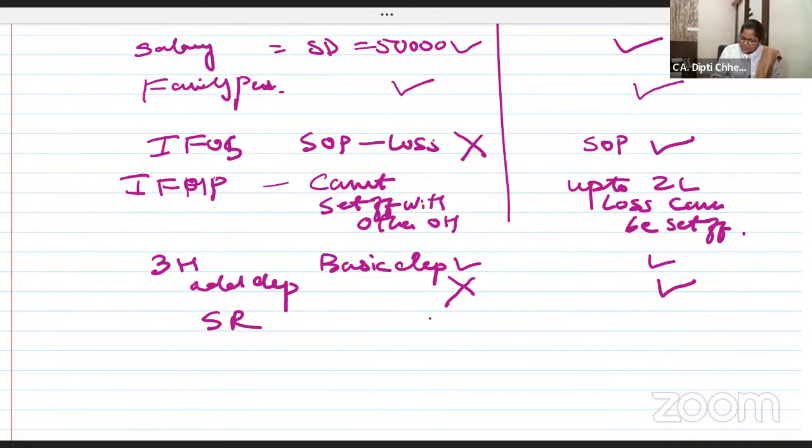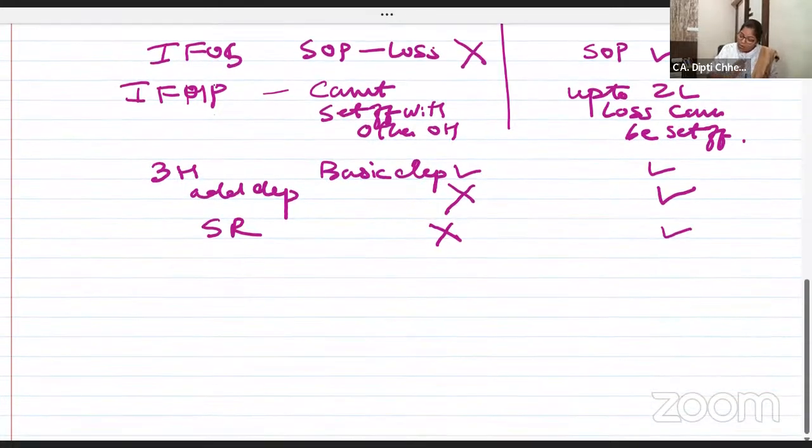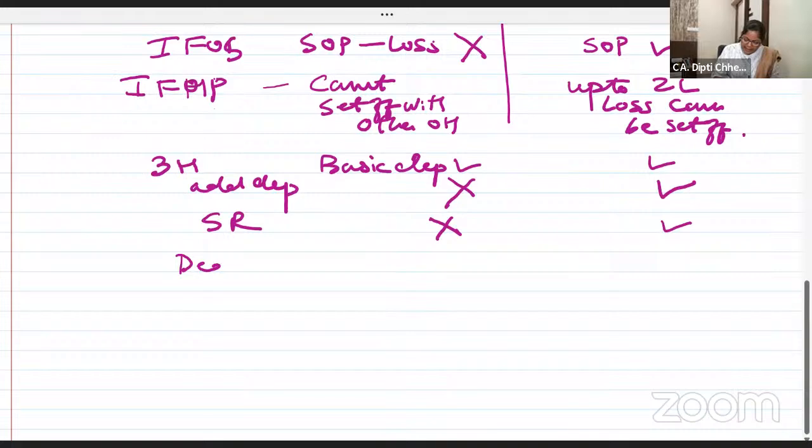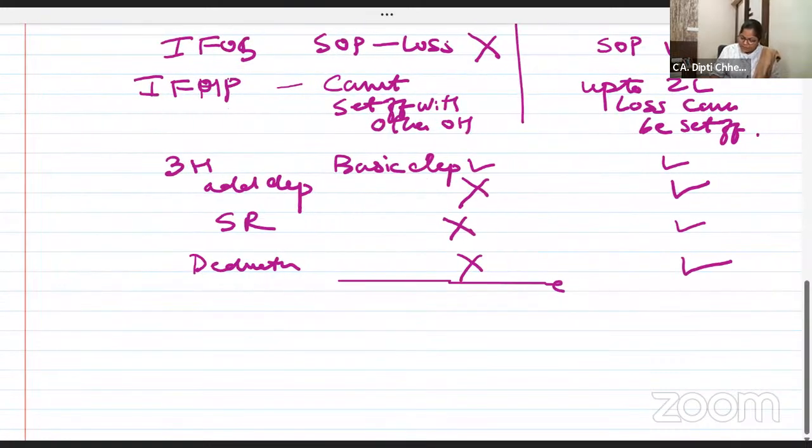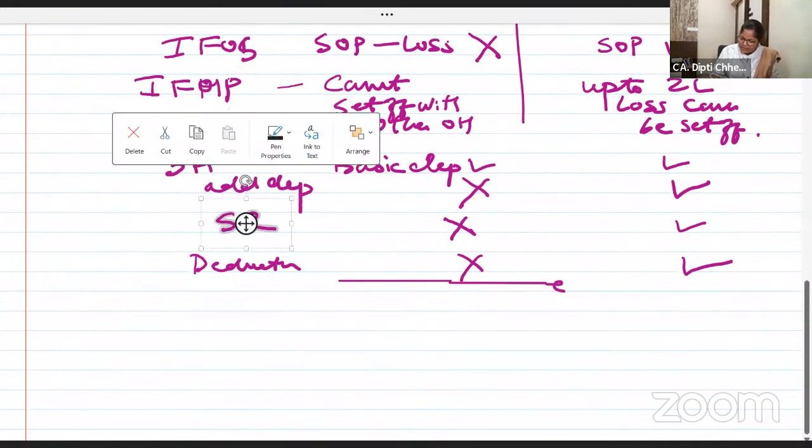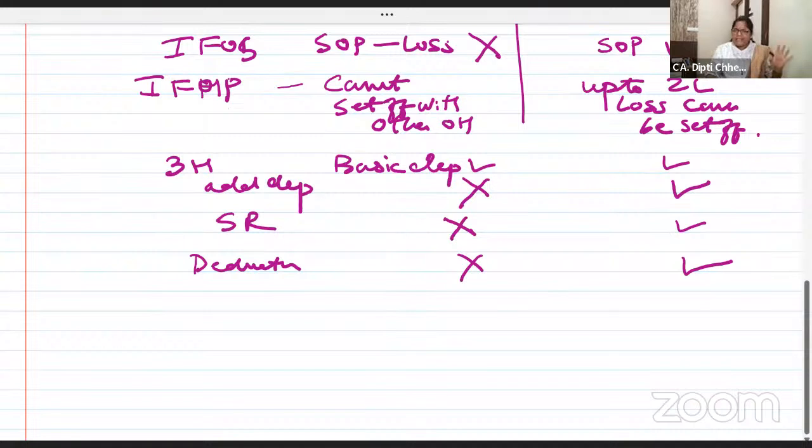Scientific research, here it is not allowed. Here it is allowed. All deductions, 80C, 80D, not allowed here, allowed here, except a very important change here. 80C, 80D, mediclaim, all that you will not get here. You will get it in our old normal tax regime, not in the default tax regime. Now except